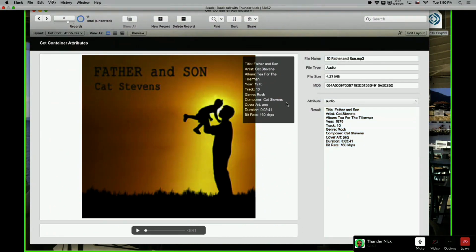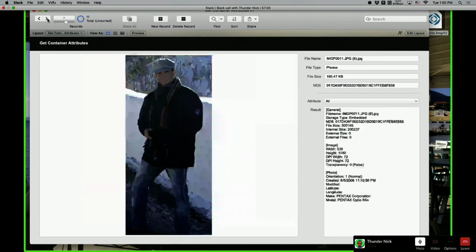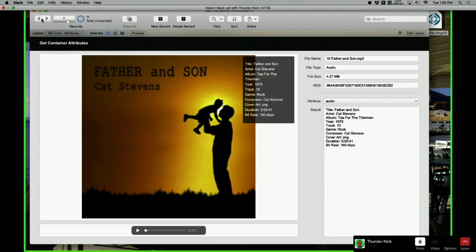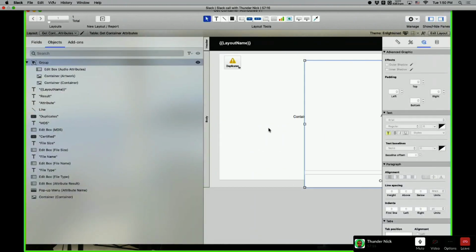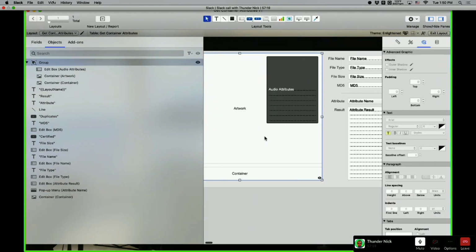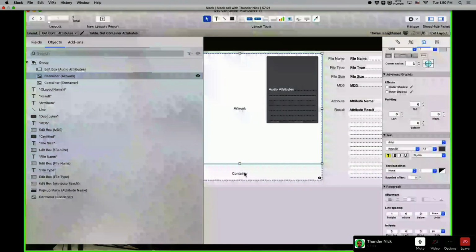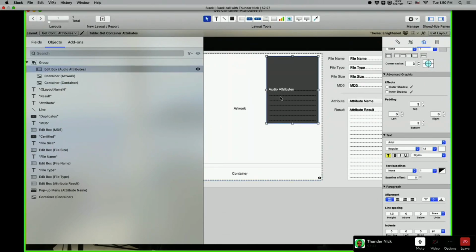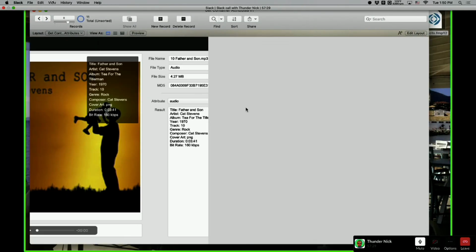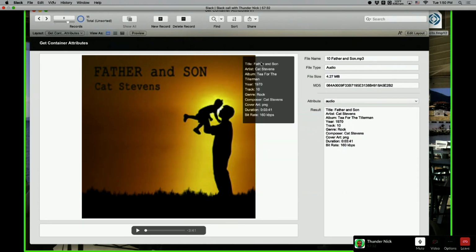So here, I have detected that this is an audio. You see, I don't show the same thing here and here. It's different, right? I have two containers here. I have the player here, and so you have two objects here. This is the regular container, and this is because I can get the artwork. This is the container itself with just the player, and this is the attributes. So I have a field where I have my attributes here. This is the artwork. It's a picture.